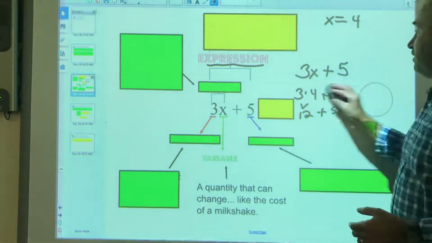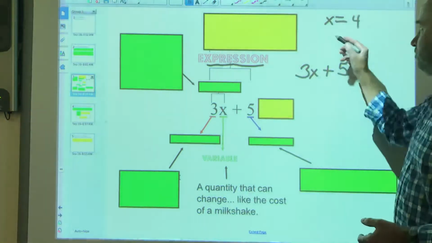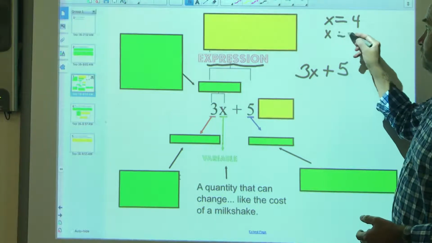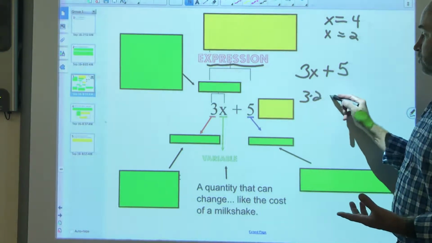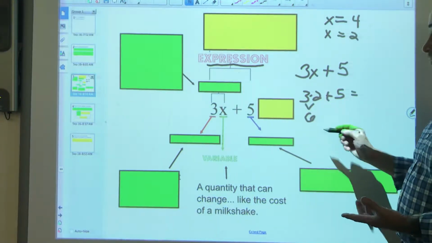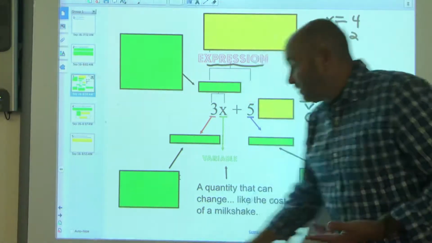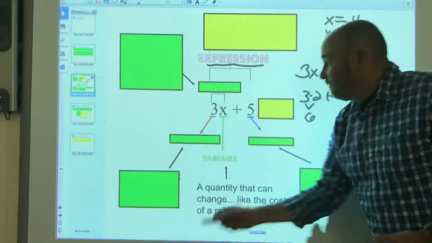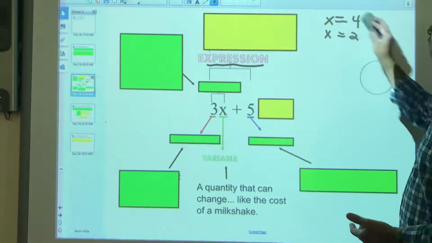All right, so in this case, once we define what the value of x is, we can then evaluate the expression. Now, in this case, we could also say, well, maybe the x has a value of, say, 2. Well, in that case, you'd say 3 times 2 plus 5. So you have 3 times 2 is 6, plus 5 is 11. So, you can see that what is constant is the 5,